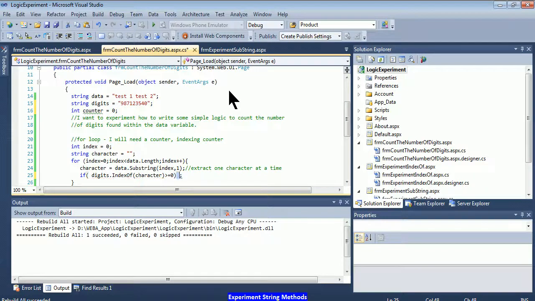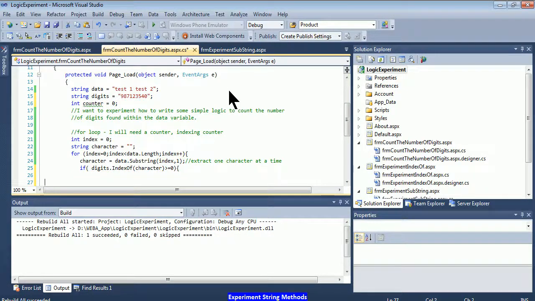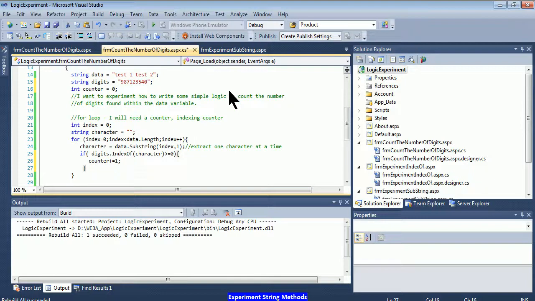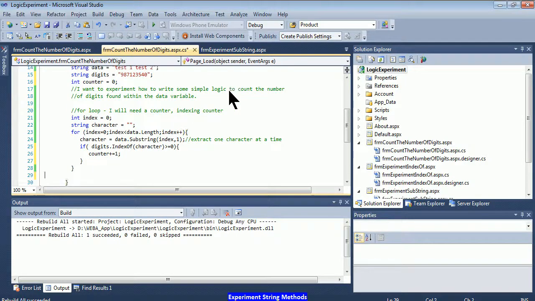If it returns me more than or equal to 0, I should be very happy, right, means that this is a condition. If it is a yes, I should be able to go and increase the counter by a value of 1. Agree or not? Right, then after that, so this is the if statement here. Okay, so after the for loop, I should be able to go and do div data dot inner HTML equals to,